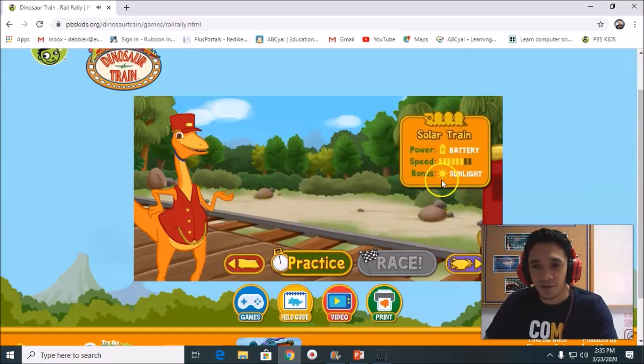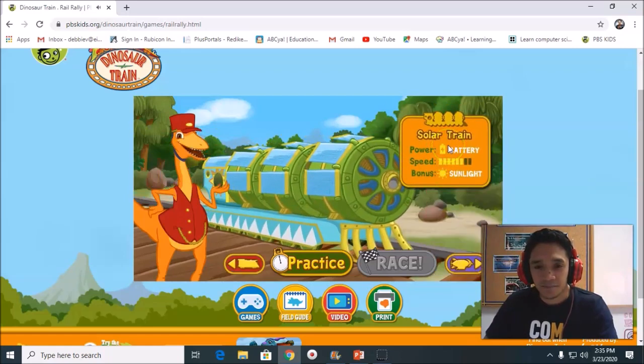We have also the solar train. It's powered by sunlight. The sun's energy is stored in a battery to keep this train powered. So stay in the sunlight to keep this train running quickly. Select the practice button to try out this engine before you race. Okay, so these are the different trains in the Dinosaur Train race. So when you click practice,